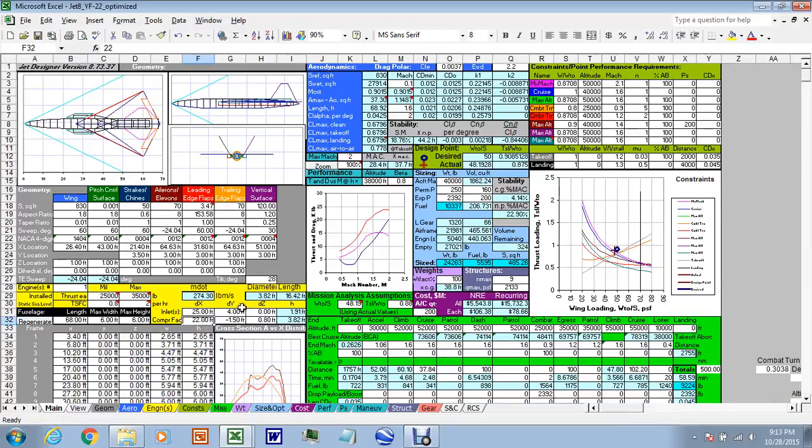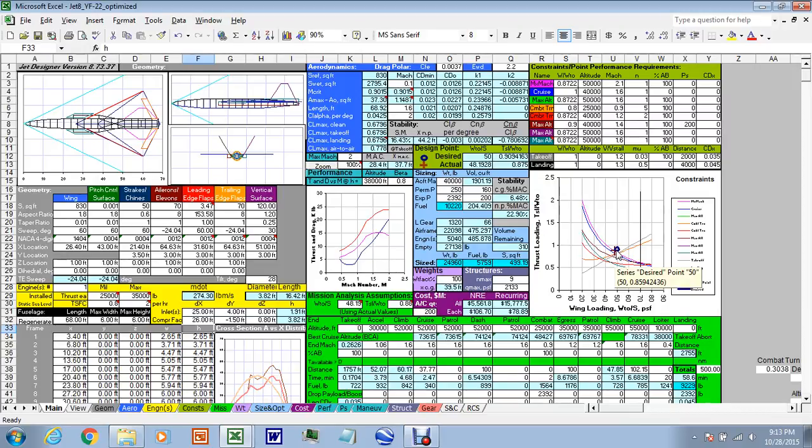And then let's move the engines a few more feet by changing the distance from the inlets to the compressor face. Let's make that 26. Move it another 4 feet back. Static margin is now better. Our CN beta is about right. Our ratio of CN beta to CL beta is good. The only thing I notice is that the